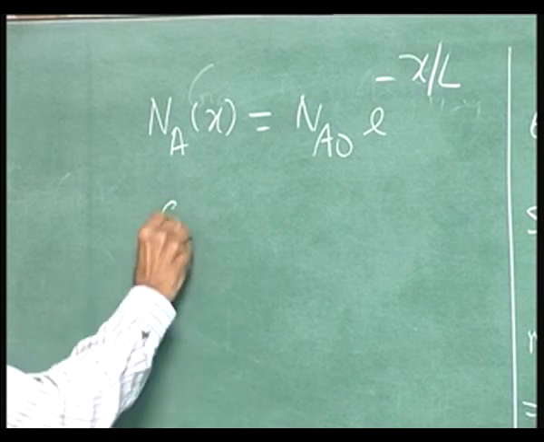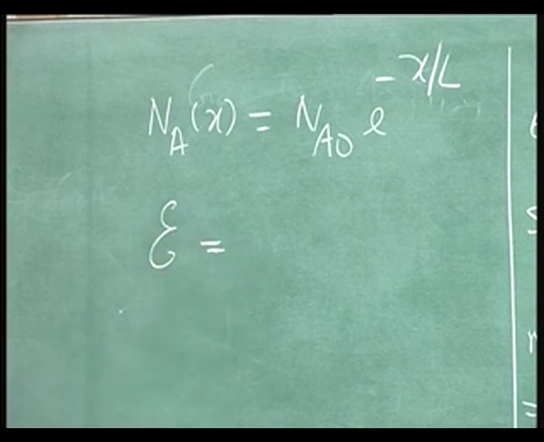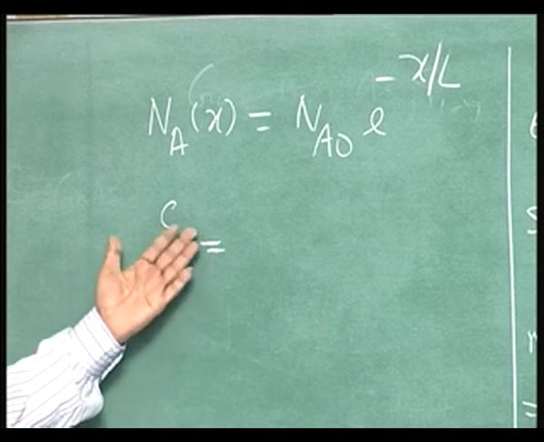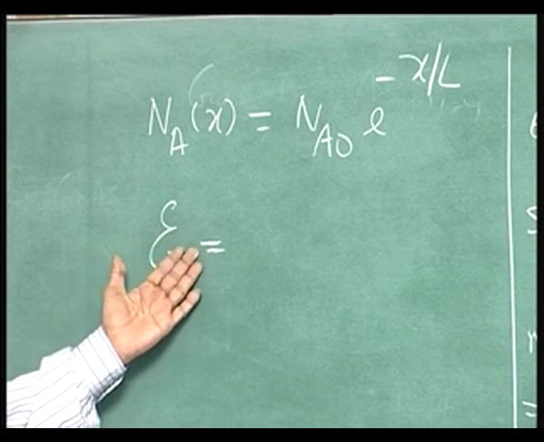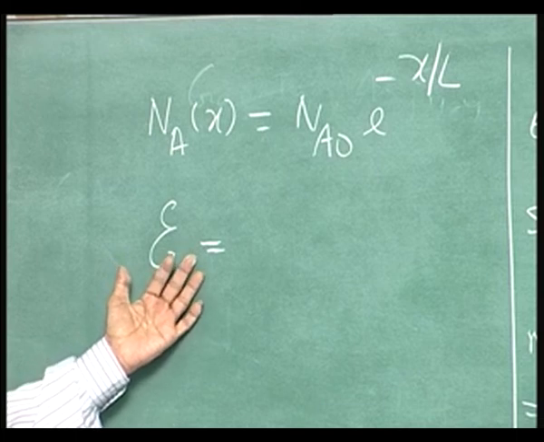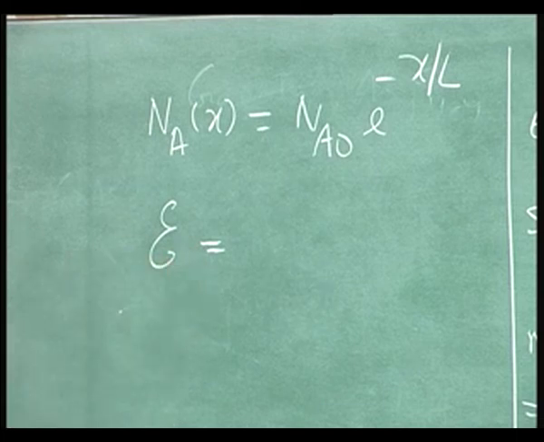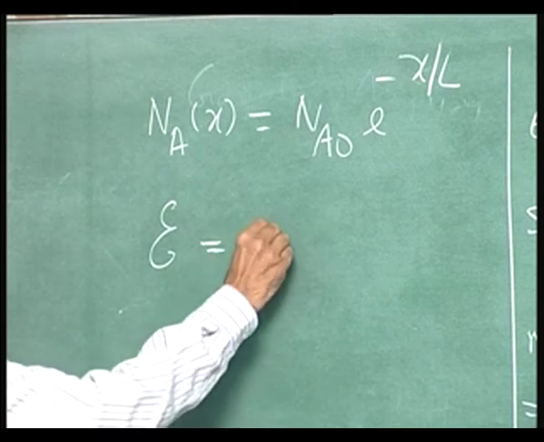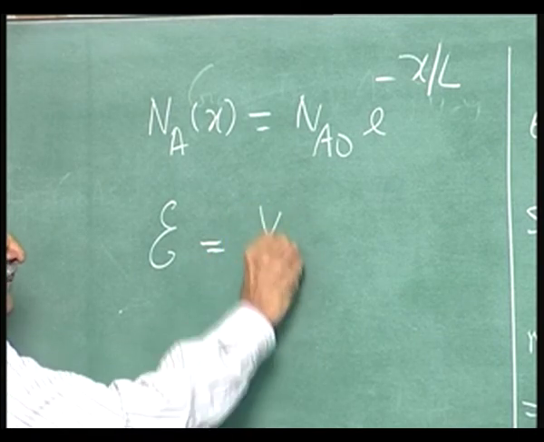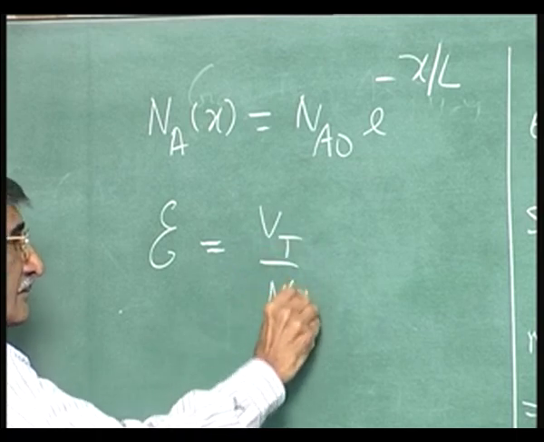What is the electric field? No band gap gradation. This you get all the time in the case of BJT. All the modern BJTs have an electric field built in the base because of this gradation which you saw just now. That is actually Vt by n(x)